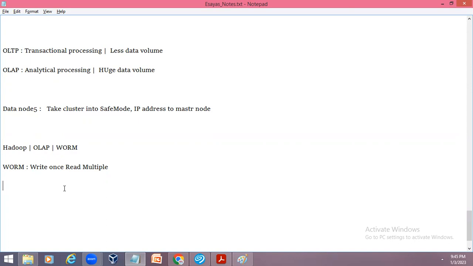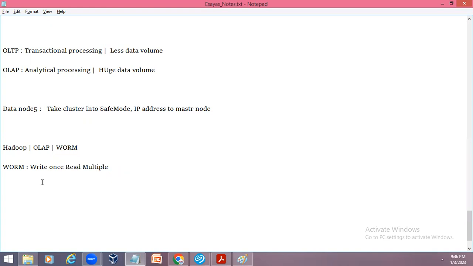Hadoop doesn't say that you write again and again. It's not effective. It's not advisable that you go and rewrite again and again on the Hadoop system. Your performance, your system will be degraded in that case. Your write operation should be as little as possible. But for read operation, you can do any number of times and it will give you the best performance.